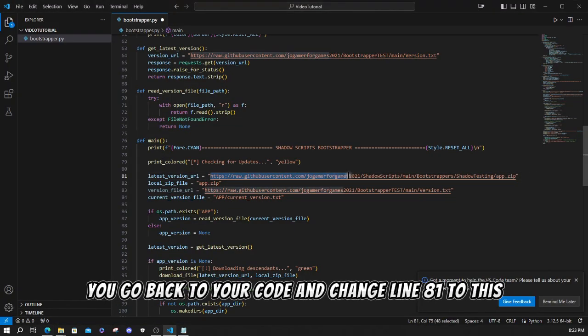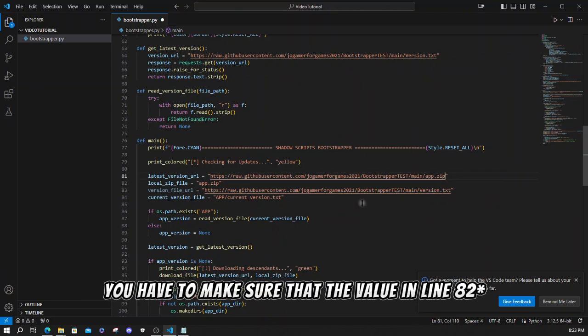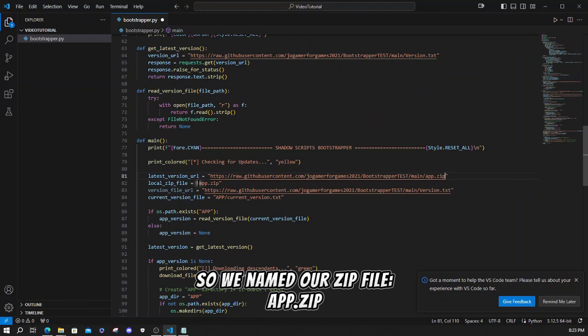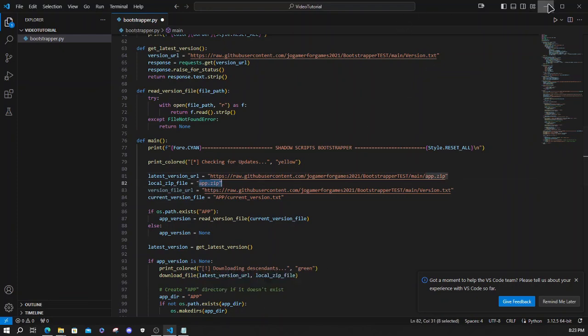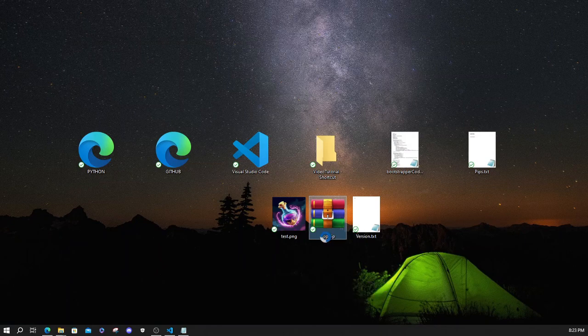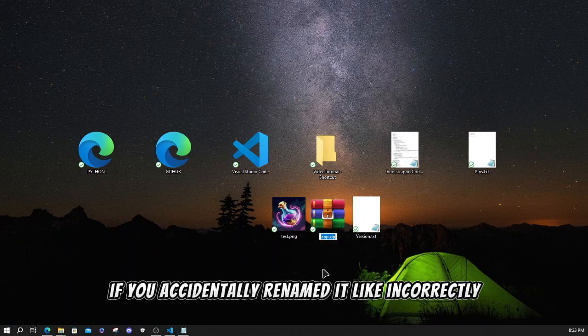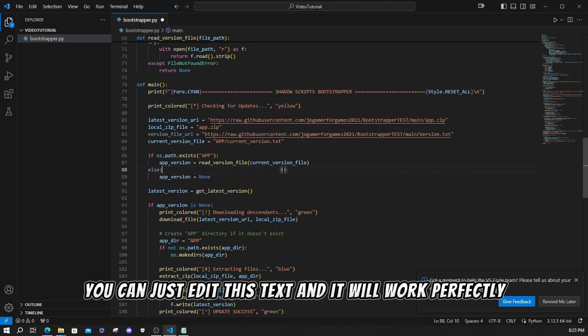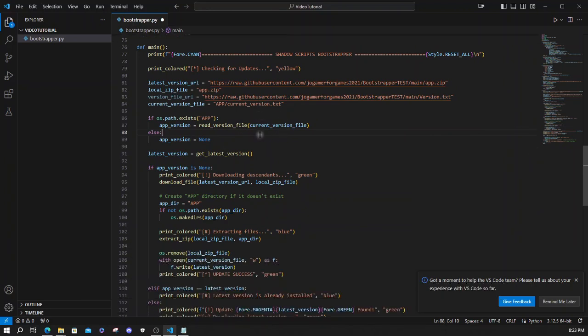You go back to your code and change line 81 to this. You have to make sure that the value in line 81 says the same exact name as your zip file. So we named our zip file app.zip, and it's actually app.zip, so we renamed it correctly. If you accidentally renamed it incorrectly, you can just edit this text and it will work perfectly. Anyways,